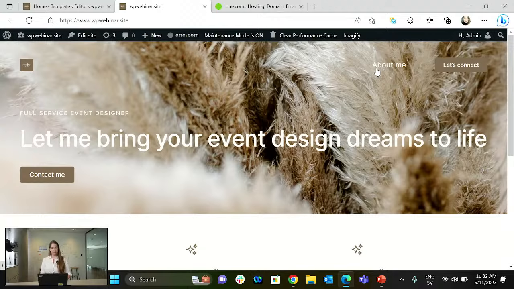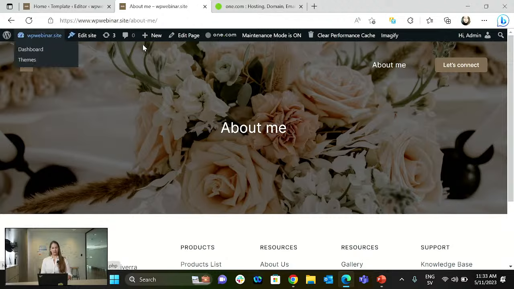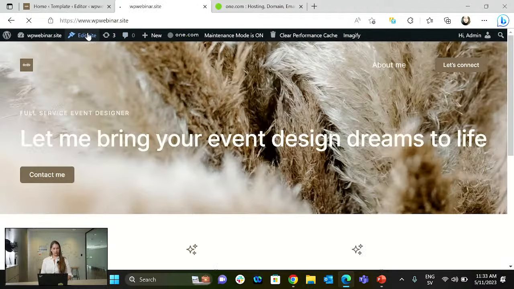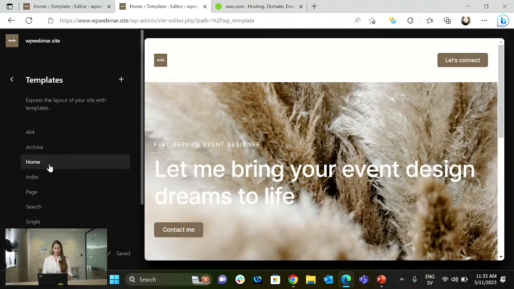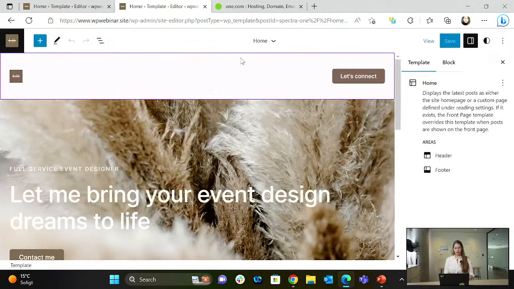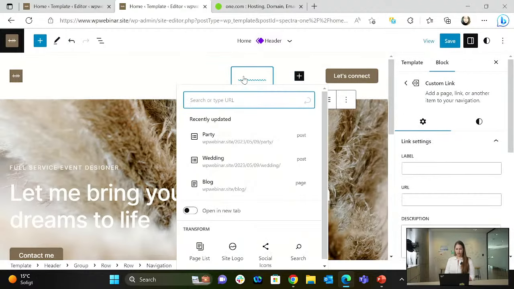So you have an About Me page, and whenever I want to make edits, I can decide whether I want to edit the page or edit the full site. So let's go Home, Edit Site, and add a new page. So here I am in my navigation, right? Do you remember the block inserter? So here I would really like to insert a new page. So what it does, it creates a blank element, and